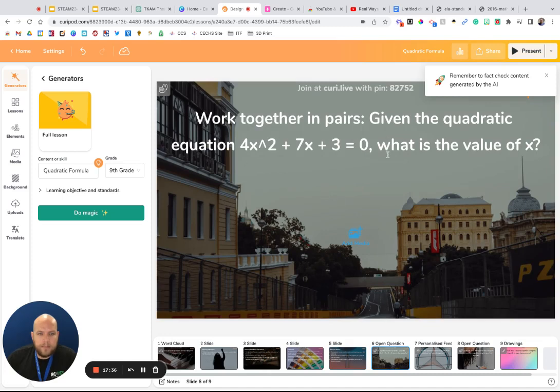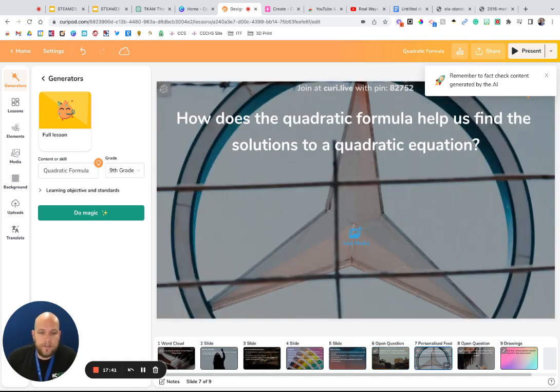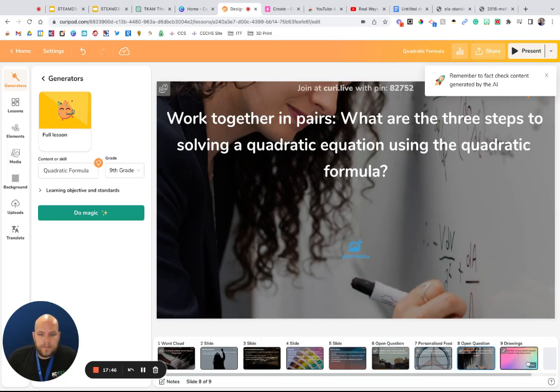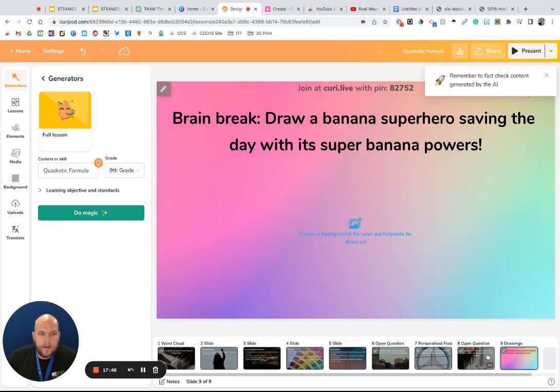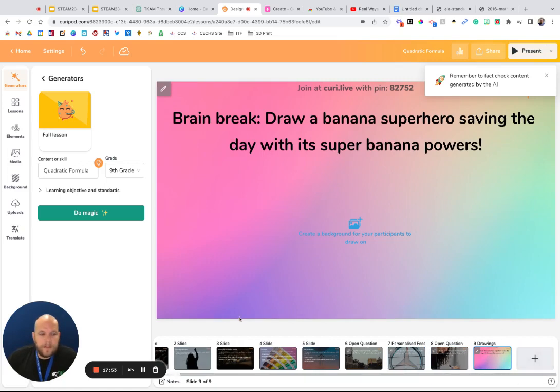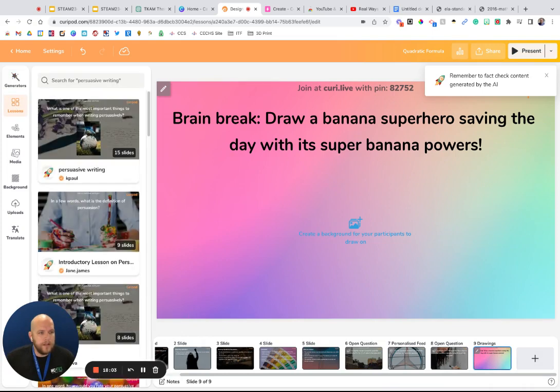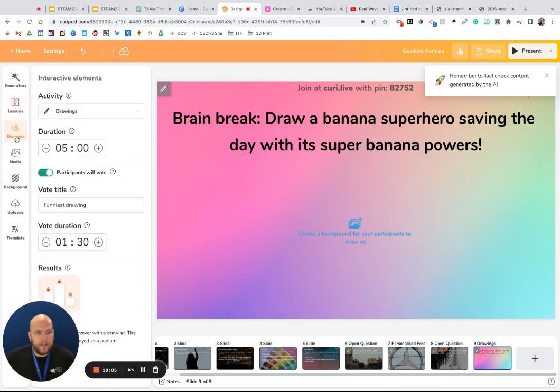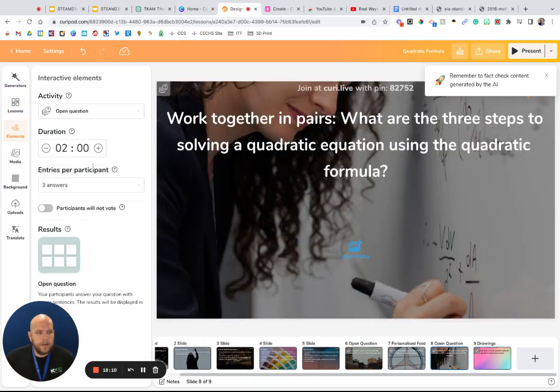You can see there's not really a math writing tool available as of yet. I'm sure that may be something they have coming later. They do have these brain break activities, and you can add those in if you'd like. Other things you can do, you can also go in and find other lessons. You can find elements that you want to add. So if I wanted to have this activity here,